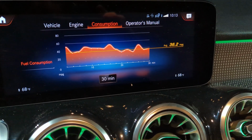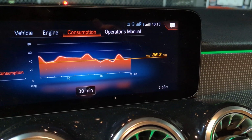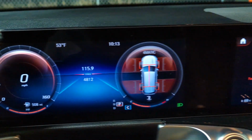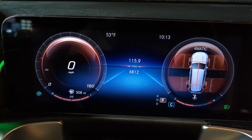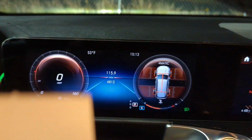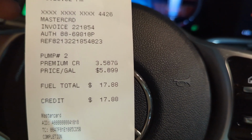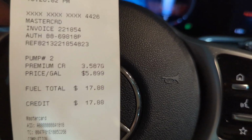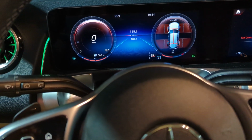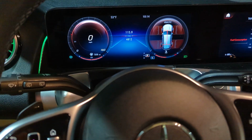We are back at the gas station. We just filled it up. The car thinks it averaged 36.2 miles per gallon for that drive. We covered 115.9 miles, and it took 3.507 gallons. So 115.9 divided by 3.507 equals,